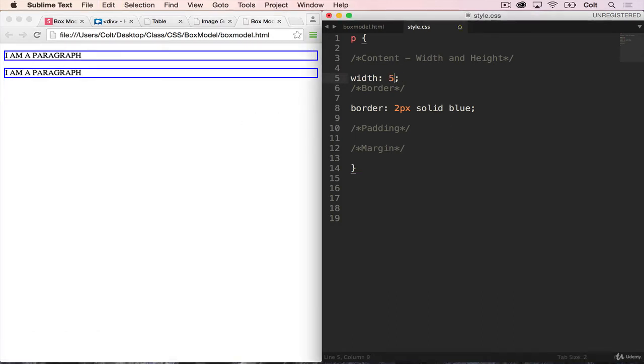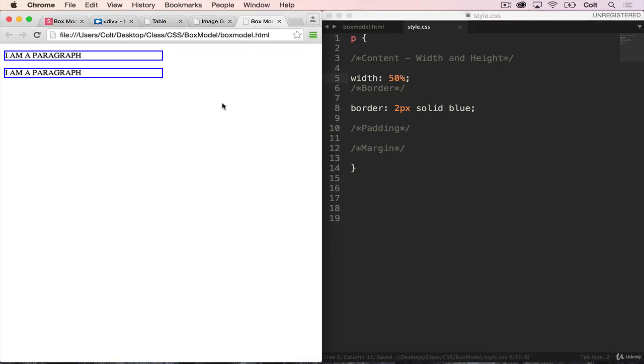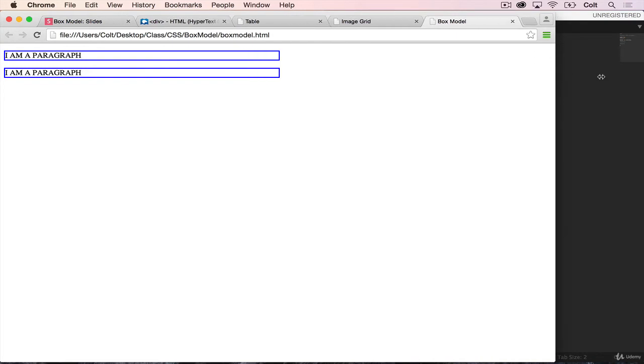So let me show you. Let's do 50%. And you might be wondering, what is it 50% of? And the answer is that it's 50% of the parent element. So in this case, it's the body that the paragraph is inside of. The paragraph goes halfway across the body. In our case, the body is the entire page, goes all the way across, so we end up with half the page. And what's nice about this, if I change the window size,